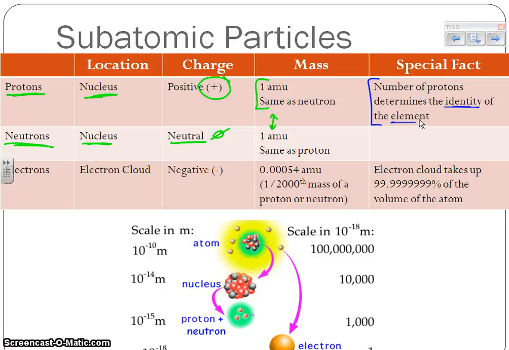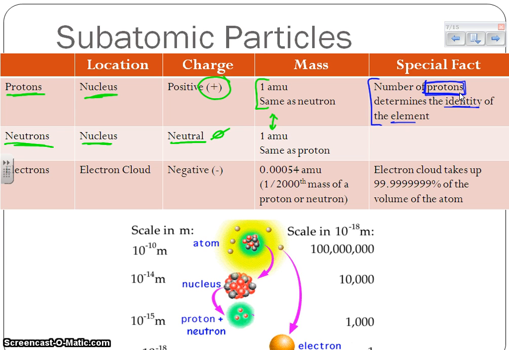In terms of chlorine, you're going to see 17. In terms of bromine, you're going to see 35. In terms of hydrogen, you're going to see 1. That single number is basically stating the number of protons in that element. That element has to have that number of protons. Number of neutrons can change, number of electrons can change, but the proton is the specific subatomic particle that defines